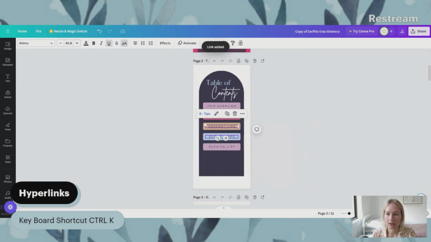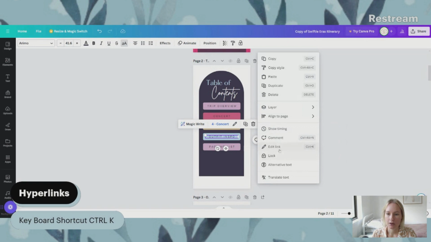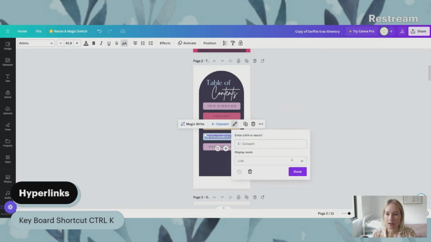So again, we can come to this more, we can go to link here or Control K, and then we can change from this concert. We can click the little clear button or the little cross, and then we can scroll down. We're looking for our outfit, which is page 9. So we click done,